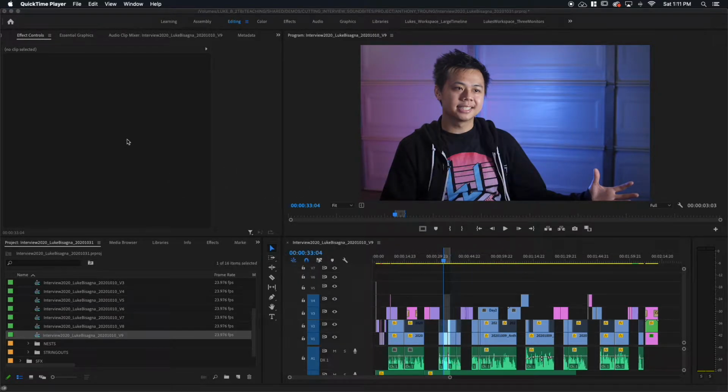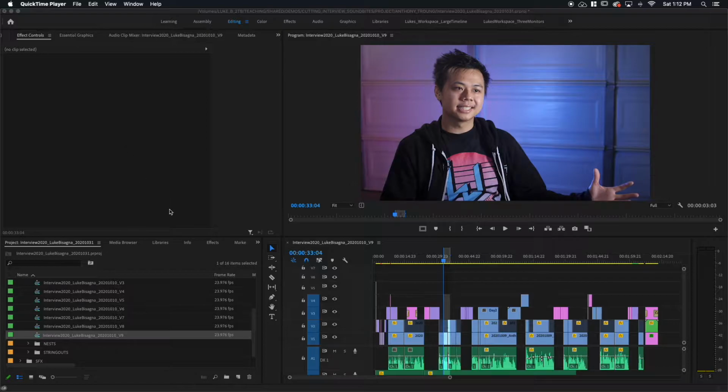Correction is actually fixing things that may be wrong with the image: overexposure, underexposure, oversaturation, improper white balance. Things of that nature that usually happened in camera and need to be corrected. Color grading is more about achieving what's called a look and communicating feeling, emotion, and other information using color as the vehicle to do so. So what we're going to be focusing on here is color correction. And in this first video, we're going to be talking about camera matching.